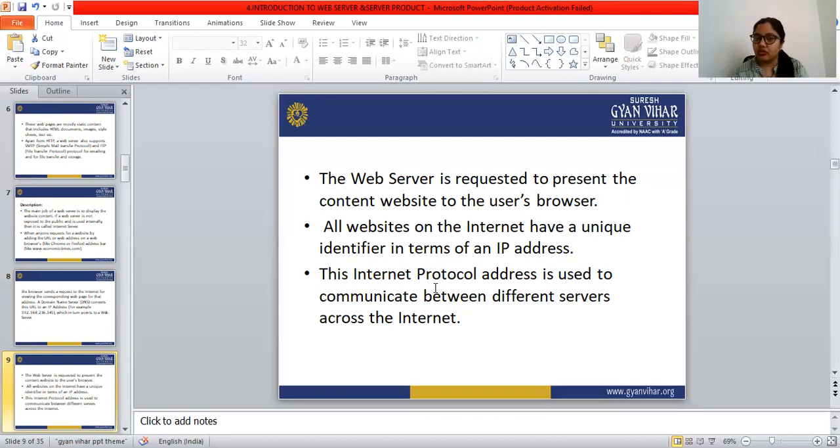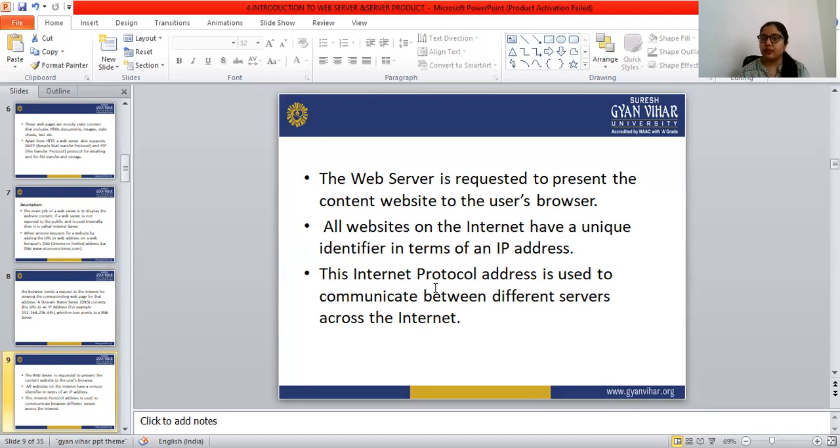After that conversion of the URL to the IP address, a request is sent to the web server to present the content website to the user's browser. We are finding economictimes.com.